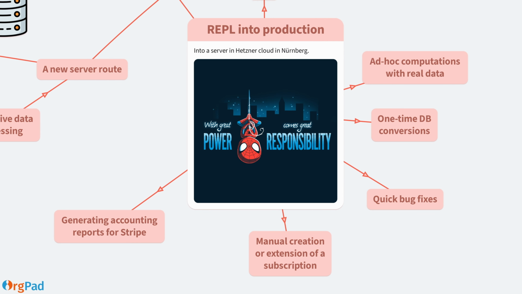For the last example, I needed to generate accounting reports from Stripe. Basically, after each month, we create a few tables which summarize all the transactions which happened in Stripe for different currencies. We display some information about the customers, like the country they are from and the total number, and then our accountant does the accounting on them. And I needed to generate these.